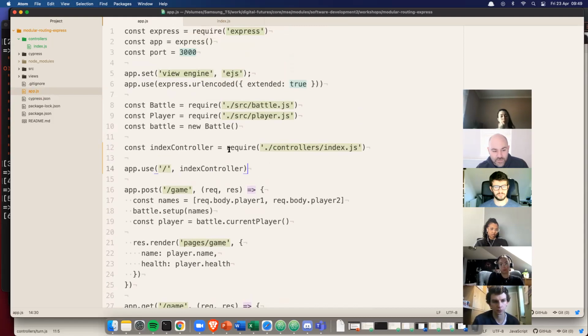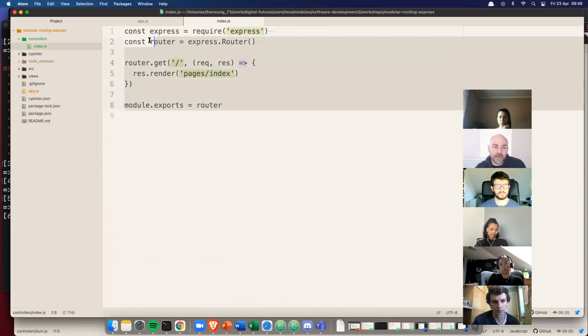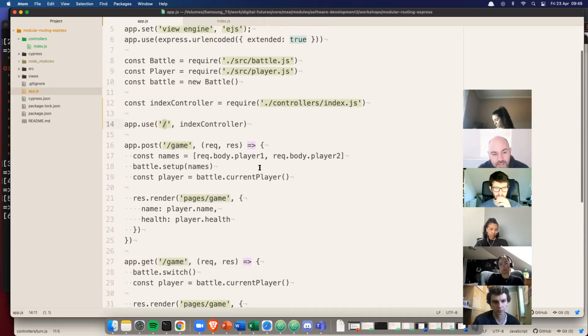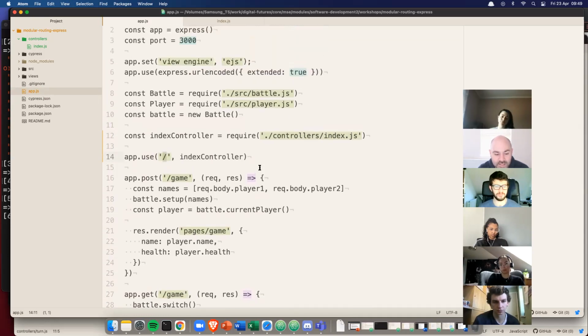So this is a short demonstration of the process of moving logic from your app.js into a specific file, exporting it, and then loading it into your app, making use of the router class, and then using the router for any matching URLs at /index. And the other part I wanted to demonstrate was getting access to